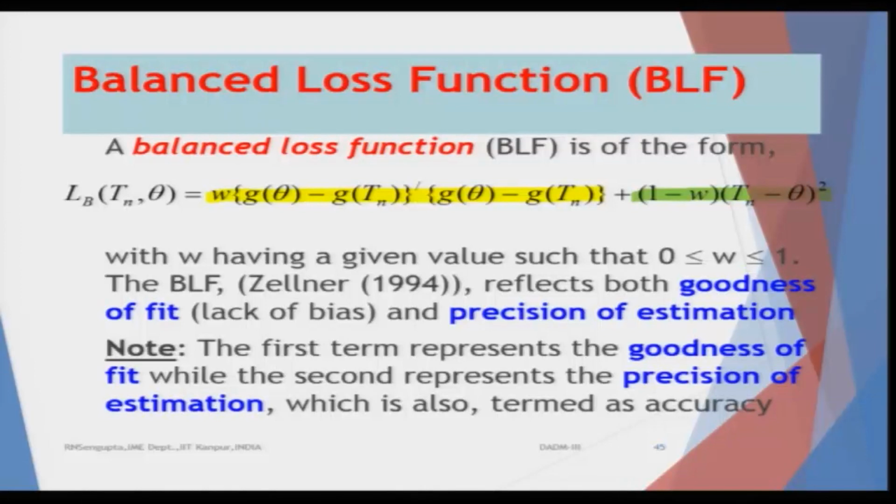One is the goodness of fit, which is the lack of biasedness, and one is the precision estimation. The precision estimation would be the estimation which you are doing, which is on the right hand side, green in color, and the goodness of fit would be on the left hand side, where you want to find out the difference between the actual value and the forecasted value. The first term represents the goodness of fit, while the second represents the precision estimation, which is also termed the accuracy of the prediction or the forecasting which you want to do. Because based on the estimation and the forecasting niceties, we will utilize that to do further forecasting, using the values of y hat in order to predict the values of y actually which is needed.